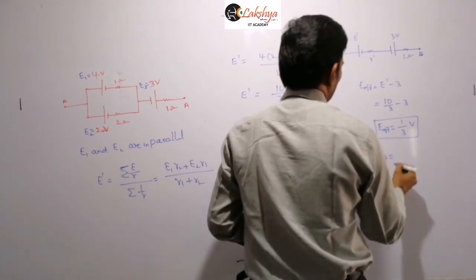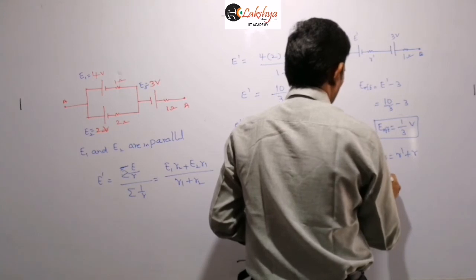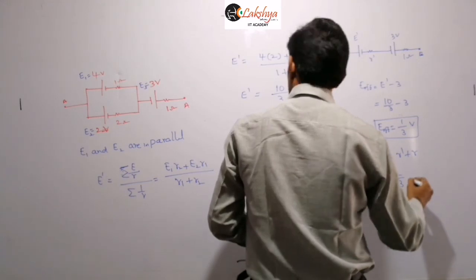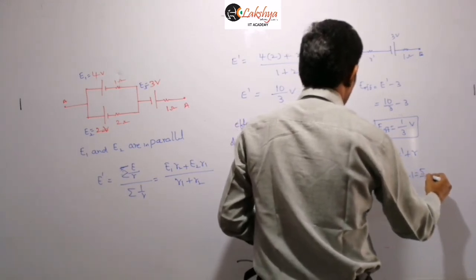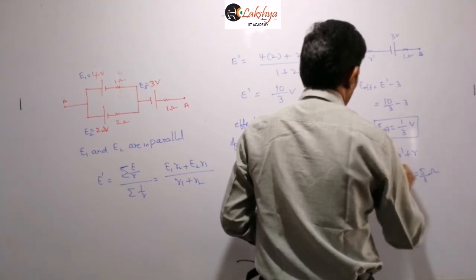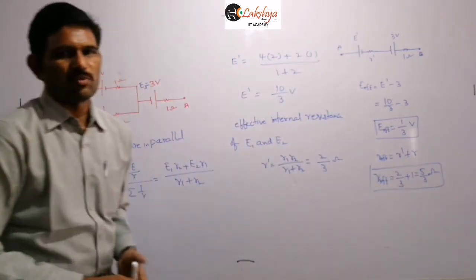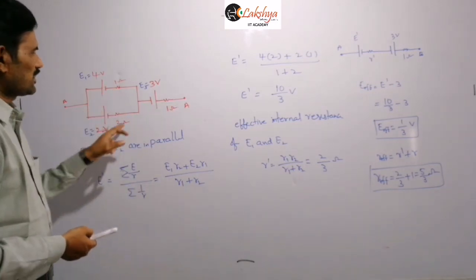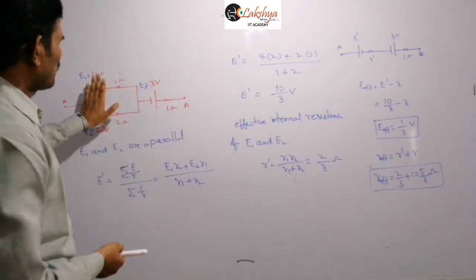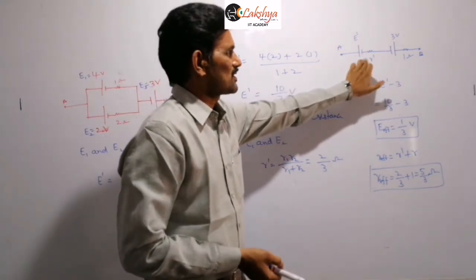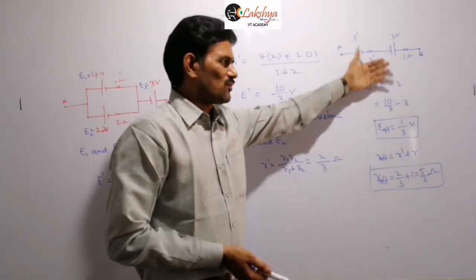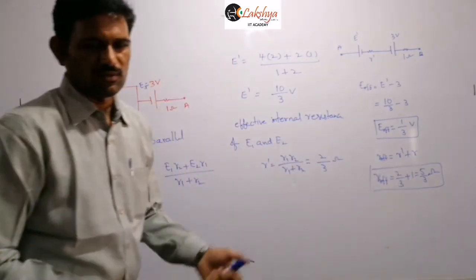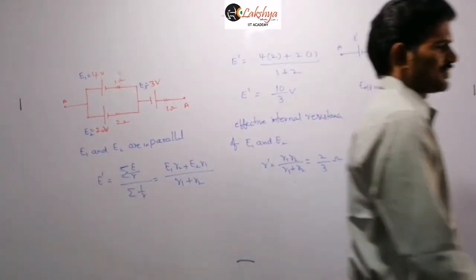And R effective is R dash plus R. Therefore, this R effective is equal to R dash value, 2 by 3, plus 1, which is 5 by 3 ohms. Got it? So that is a parallel combination of the cells. When a parallel combination of cells is there, we apply this formula and finally we get the polarities like this. That means the polarity of this combination will be like this. So this is connected wrongly to this cell here, and so we need to subtract those two EMFs. But still their resistors are in series, so we are adding those resistors. So like that we need to solve the parallel combination of the cells.